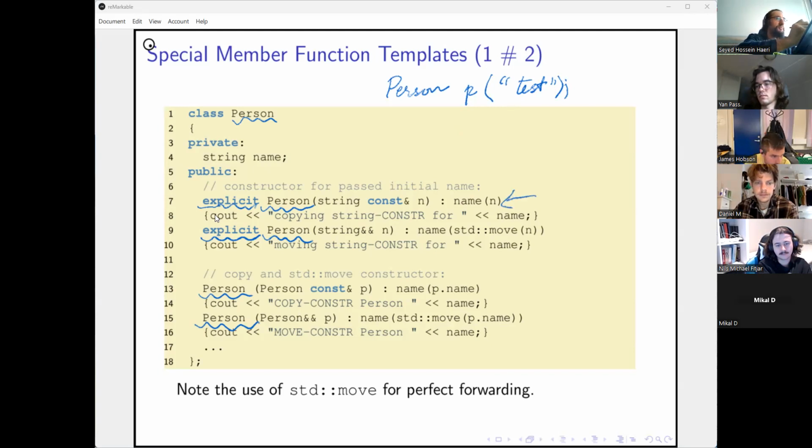But let's say I have a function f which takes a reference to a person, for example. Then I can't say f of test.